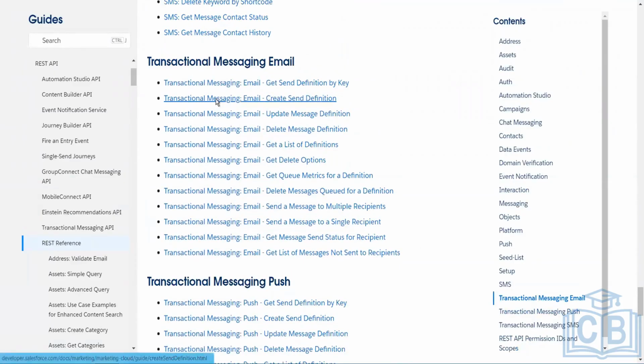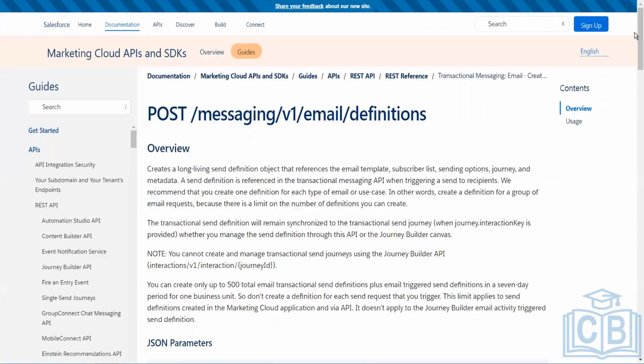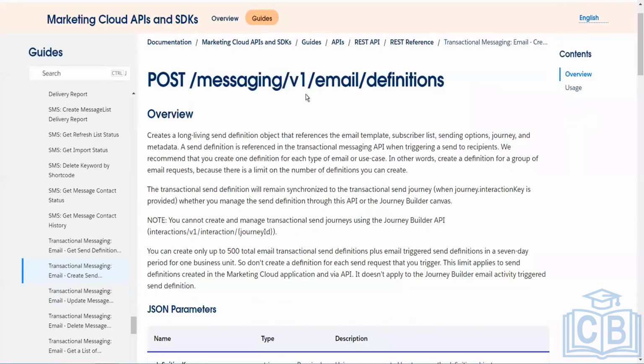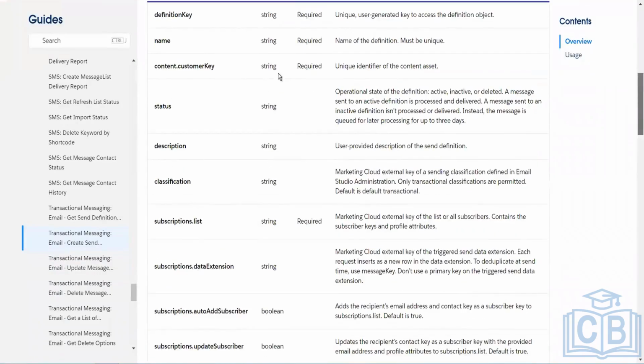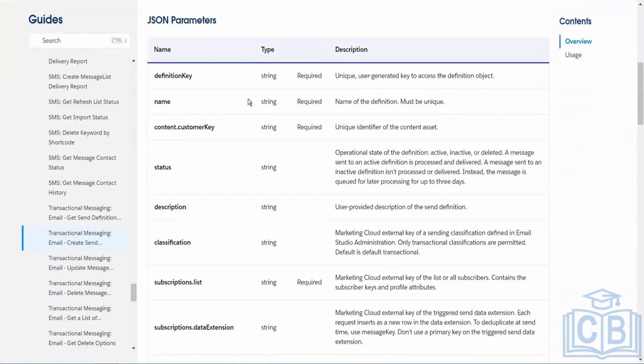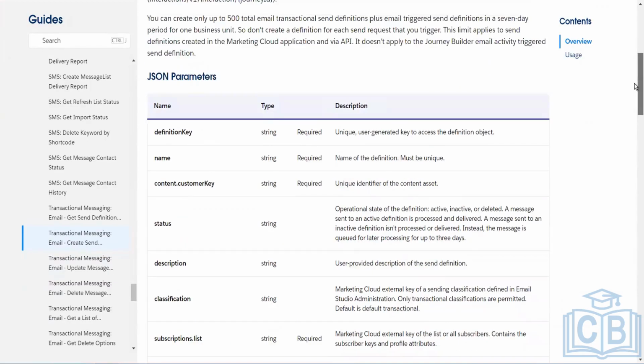Let's say you want to create the triggers and definition, right? If you want to create our email definition, then what can we do? We can call this message and email definitions, and then we have to pass this data in the form of a payload. Now definition keys are required. Name is required. Customer is required. If you want to create our definition, then the other thing that we need to pass,